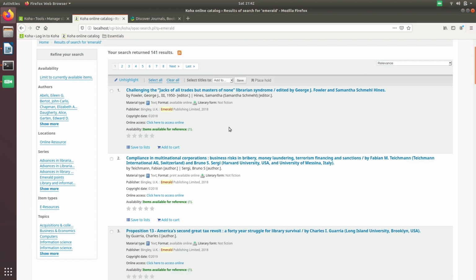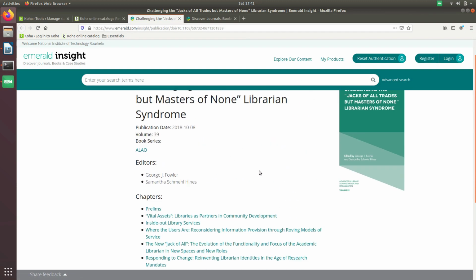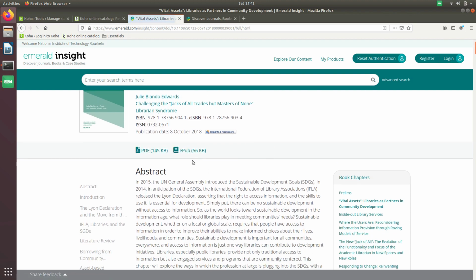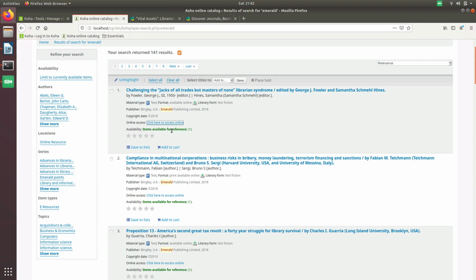And now I will explain some very informative things here, like this is the title, edited by, then material type, format, and then publisher, copyright date, and you can notice the online access. If I click on this, it will directly take me to the book, and if I have access, I can go to the chapters and download the chapters. If I do not have access, I cannot download the chapters. Okay, so this is about the online access.